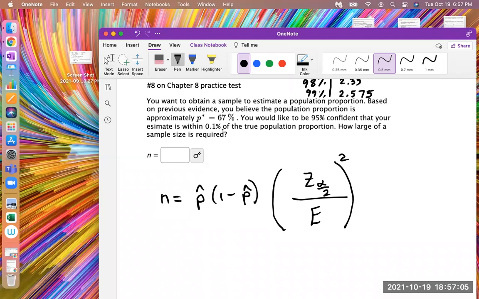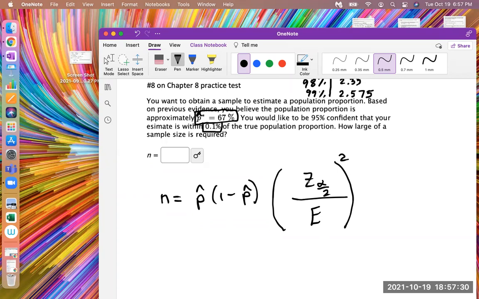So we have the p, this is our p hat right here, and of course we have to plug it in as a decimal. Then the 0.01, that is the e, and we have to turn that into a decimal as well. I'm going to plug it in for e. So we just need the p hat and the e, and then the one last thing that we need,